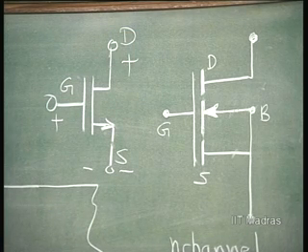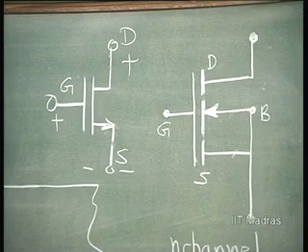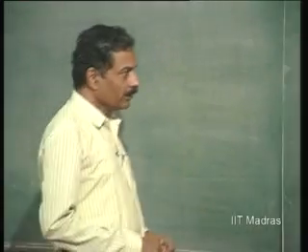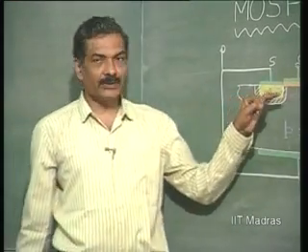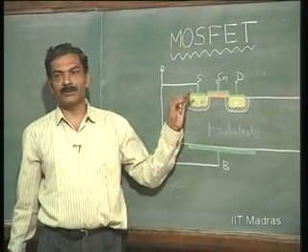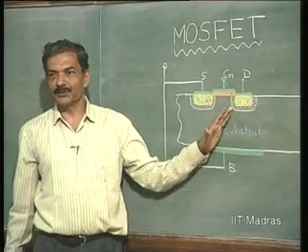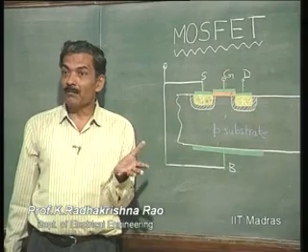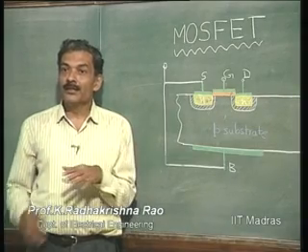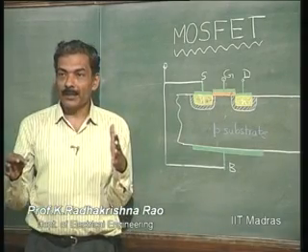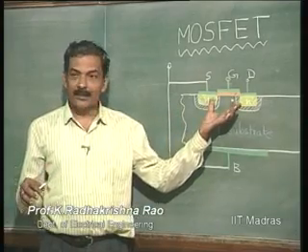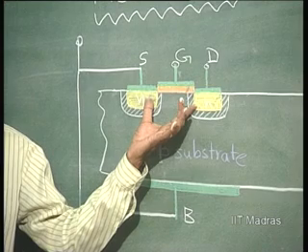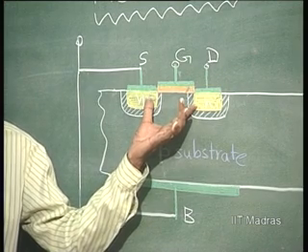Let us briefly review what we understood in the last class quickly. I told you there is no connection between source and drain, that means the resistance between source and drain is infinity as such. So, the enhancement type of MOSFET is normally open kind of thing. If you are using it as a control switch, it is a normally open switch, control switch.